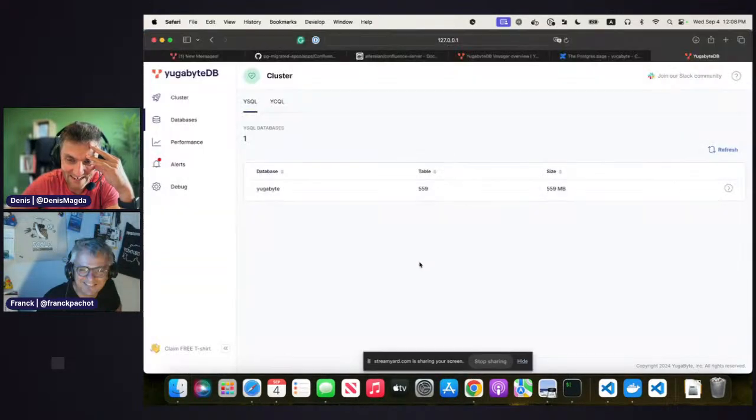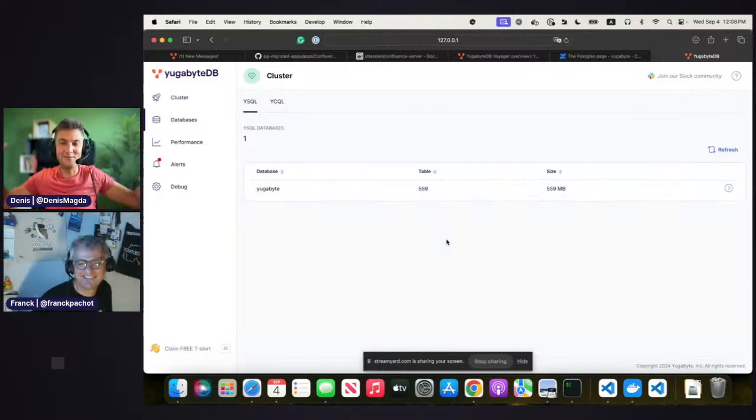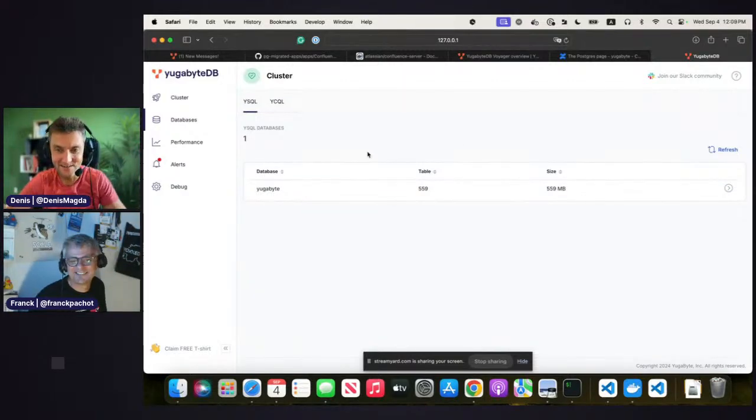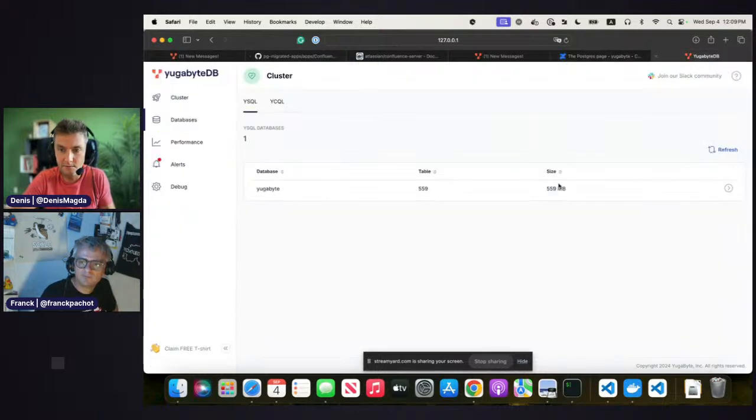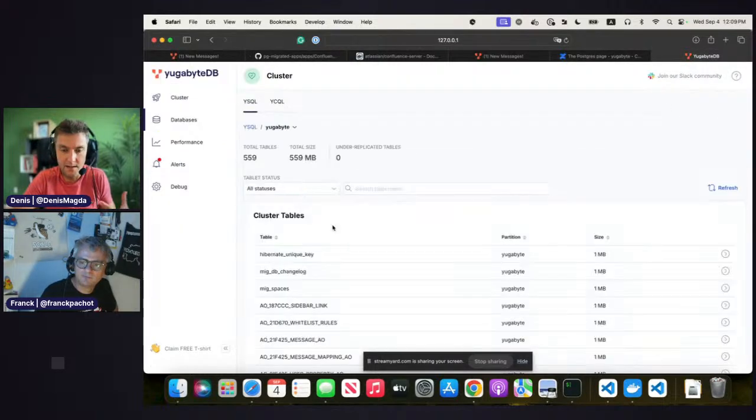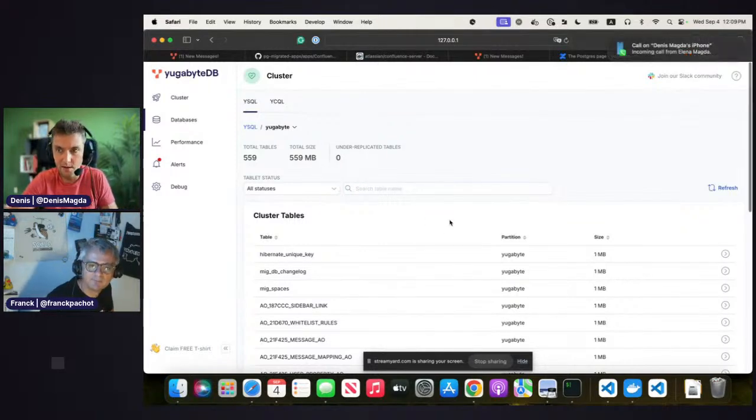But cool. So what we did, two applications. We migrated WordPress from Postgres to Yugabyte, and we migrated Confluence also from Postgres to Yugabyte. It took us, let's say, 30 minutes to migrate WordPress and almost an hour to migrate Confluence, but still, folks, it's manageable. For Confluence, if you take a look at these queries, even though the application works out of the box,